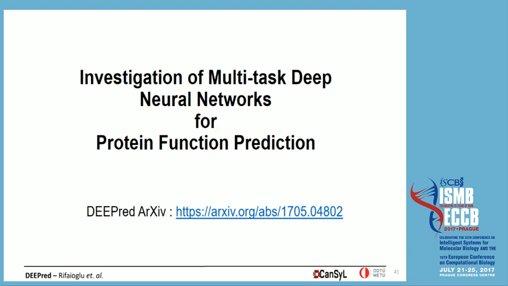And for the other question, we haven't used convolutional neural networks, but we are looking in the literature, especially for the Go terms having fewer training samples, and there are studies that show that some deep learning algorithms, such as one-shot learning algorithms, can handle data with fewer training samples, and we are planning to apply that kind of algorithm to improve our performance and to increase the coverage, of course.